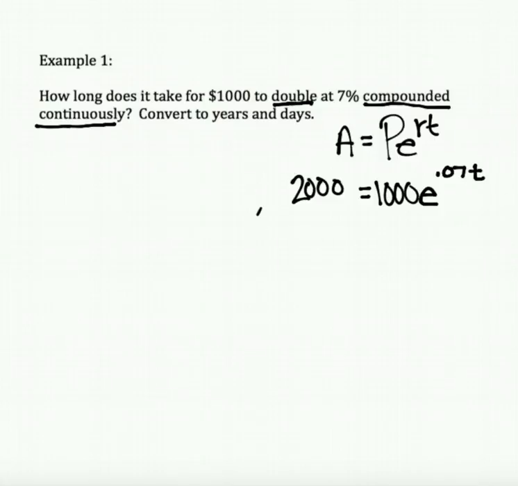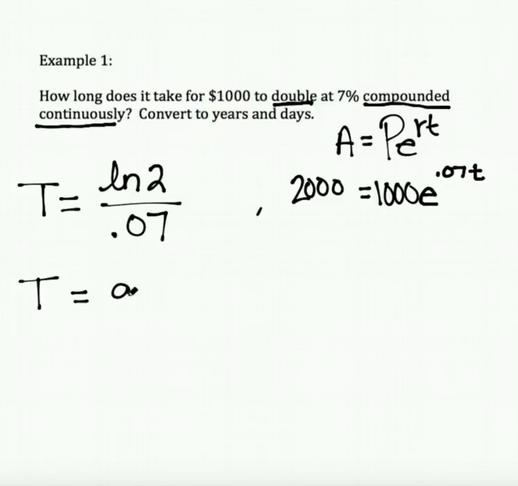Okay? This can be solved, but it's easier to use the new formula that I just showed you. When we're looking for time, we're going to use time is equal to the natural log. If it's talking about doubling, it's going to be 2 divided by the rate. The rate is 0.07. So in your calculator, you're going to do natural log of 2 divided by 0.07, and that's going to give you T is equal to